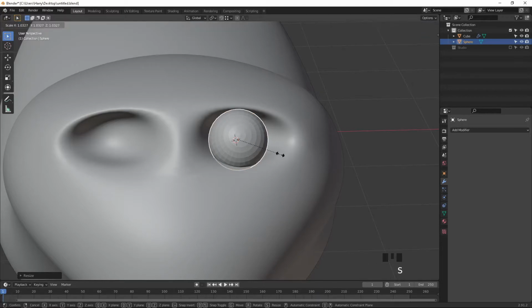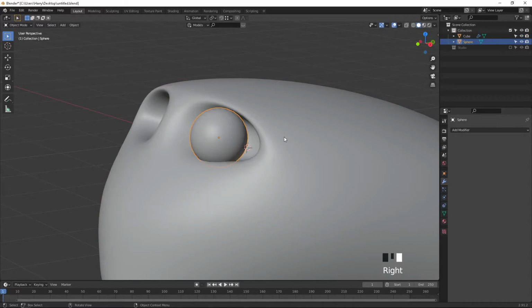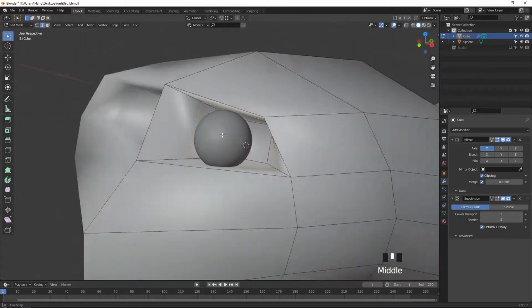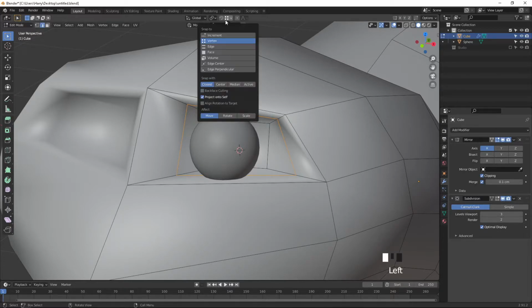Okay, now we are going to align these, right click and shade smooth, and align these edges to this particular eye shape. What I am going to do for this is go to this selection, select the face, and go to the center, select the center option. Okay, we are going to move. It should be move and face, then